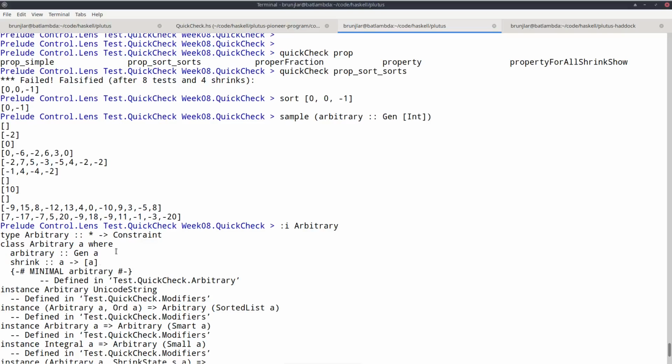So in addition to just providing random generation in this Gen monad, there's also a concept of basically complexity. So if you implement that by hand, then you're supposed to not only generate a random A, but also a random A of some sort of complexity.